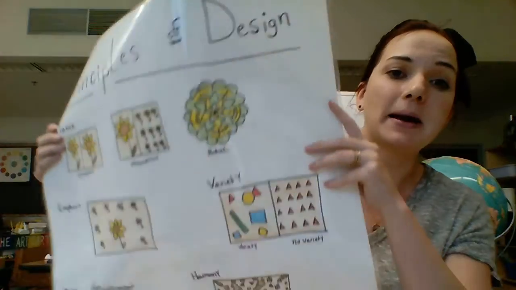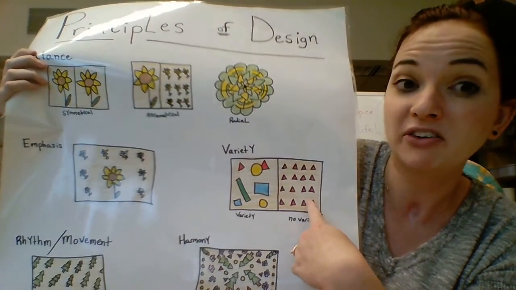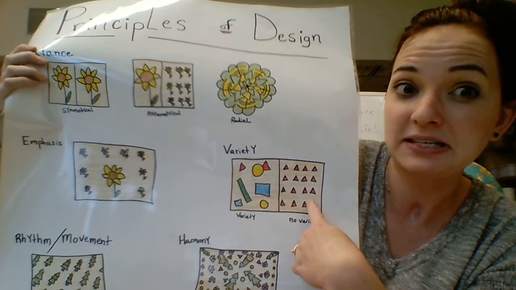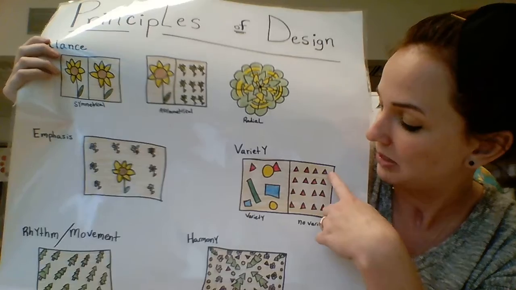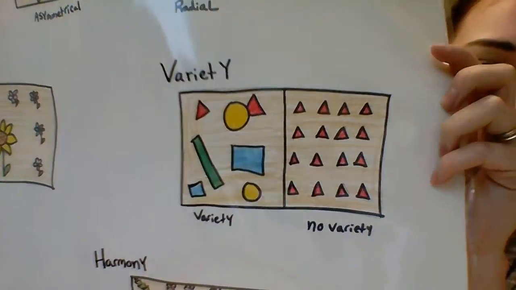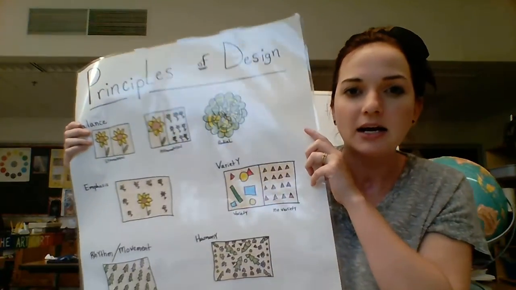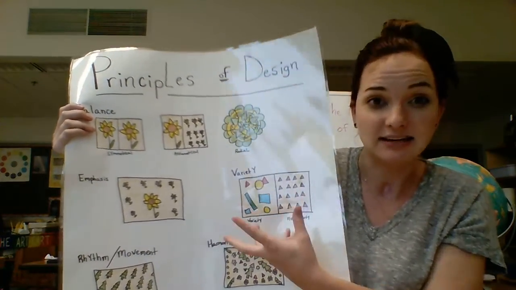Today we're going to be making a picture, right, where half of the picture will be no variety, just to kind of emphasize to you, like, hey, no variety, super boring. So you'll be drawing the same thing again and again and again. Look at all these triangles. Oh my goodness, madness! The same thing again and again, right? And then you'll have the other side where you actually add variety, so you add different things, okay?